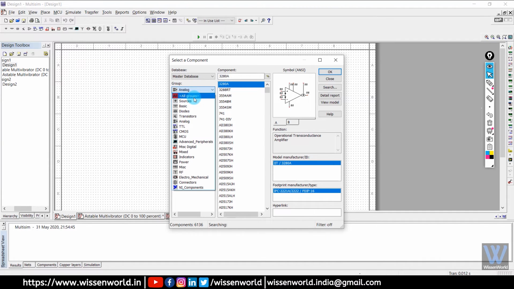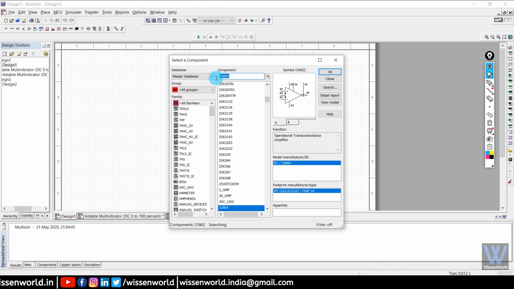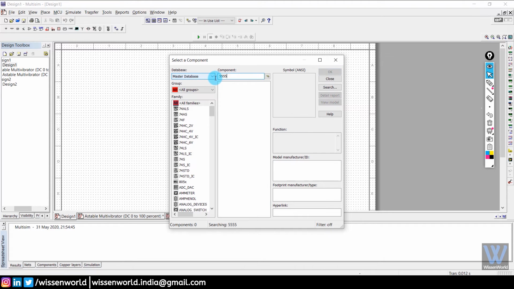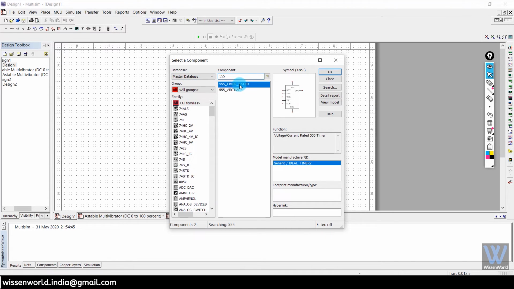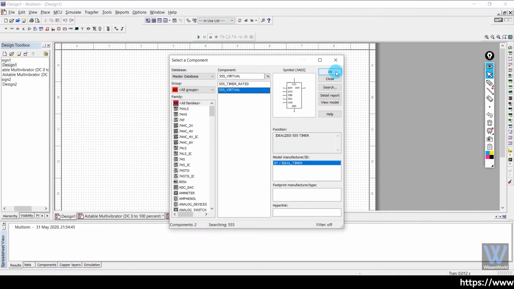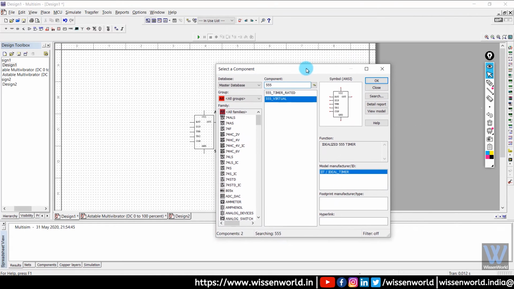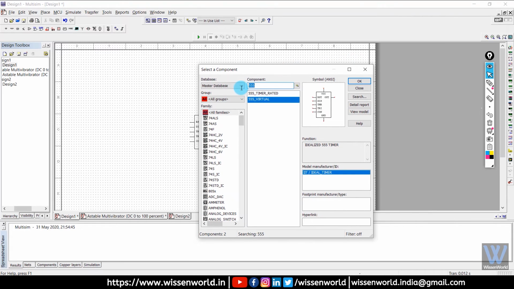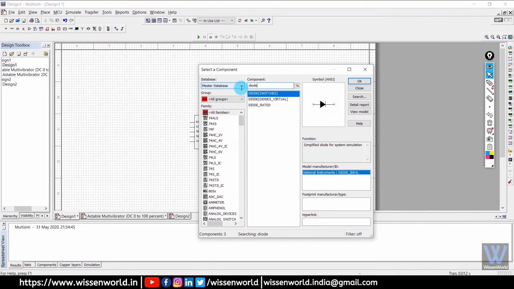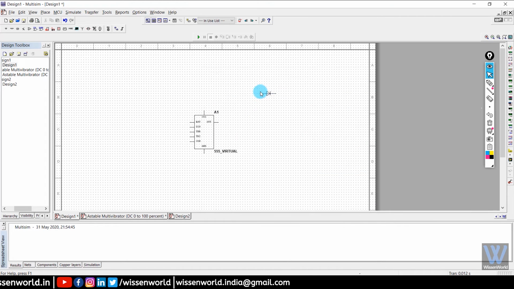I will go to all groups, and in search I will write 555 timer, and here you can select any one. I'm selecting the virtual one. So here I got my 555 timer. Now we need two diodes.